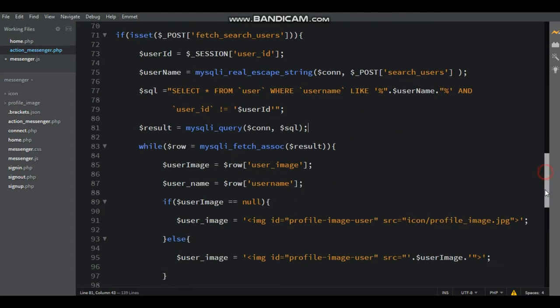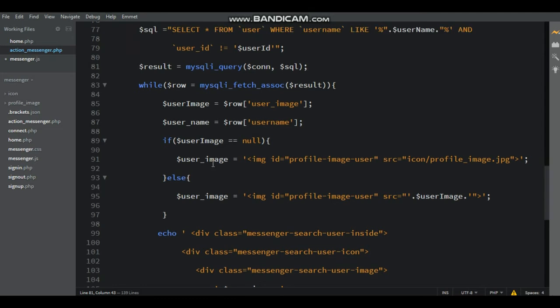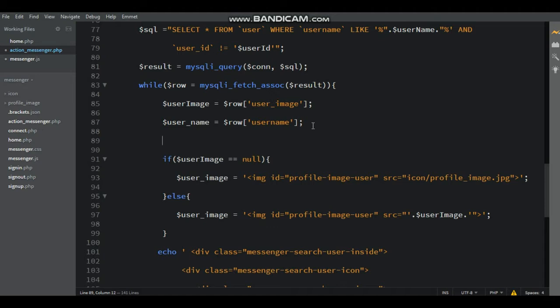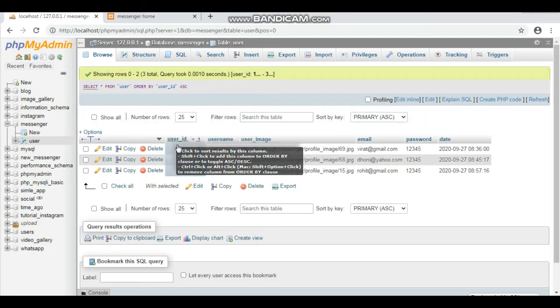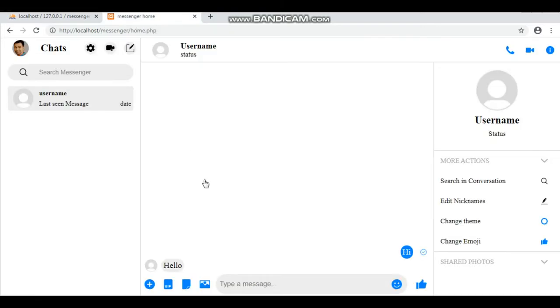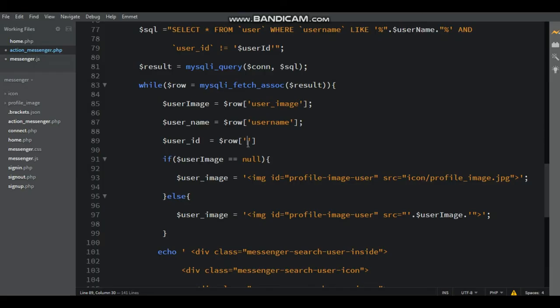Now fetch the search user's ID, that is $users_id equal to $row within the square brackets, within the single quotes, here that is user ID, close with a semicolon.